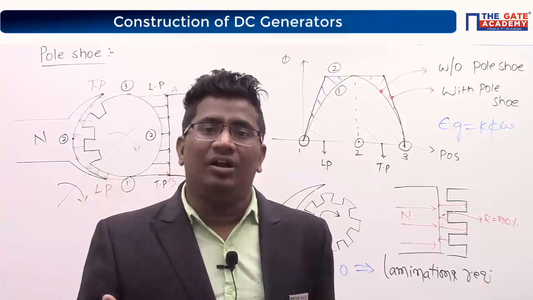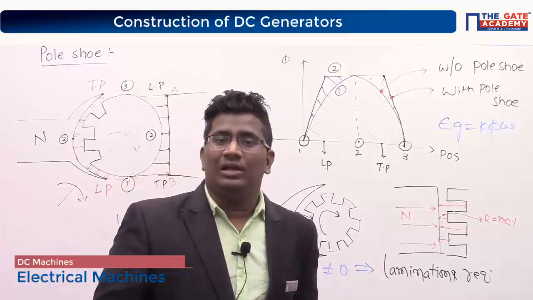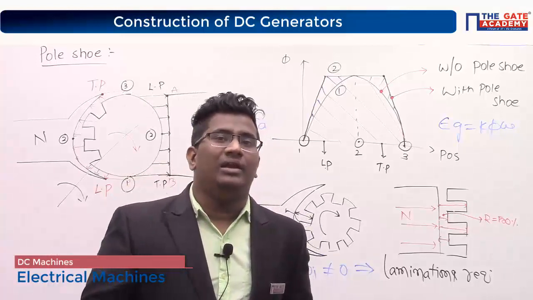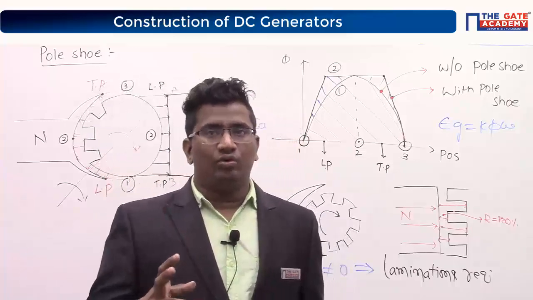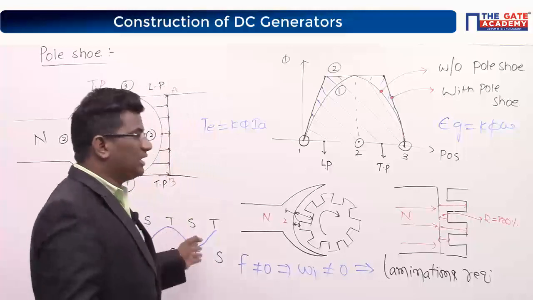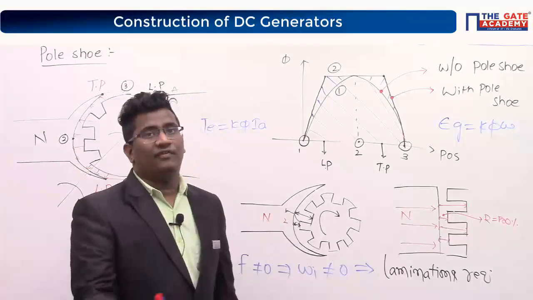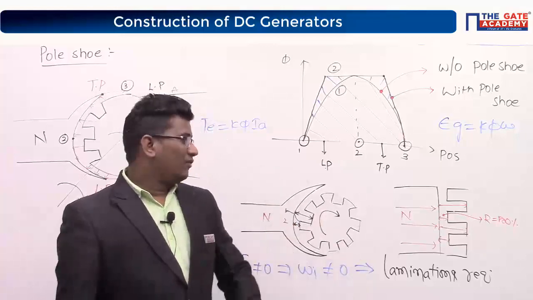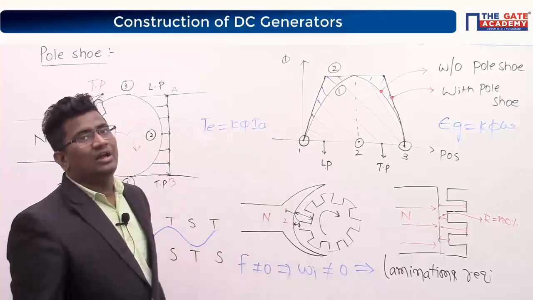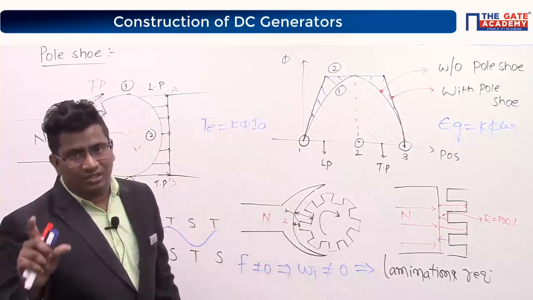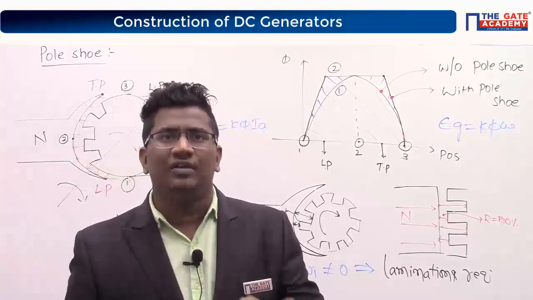More hysteresis and eddy current losses, is it an advantage or disadvantage? Therefore, I don't want this kind of oscillation. It means I want to reduce the frequency, and so reduce the iron losses. For that, definitely I have to do lamination. Once I do the laminations, eddy current losses will decrease. Therefore, oscillations decrease, which means pulsating torque decreases. Therefore, you will get a smooth operation. I hope this is clear, everybody.